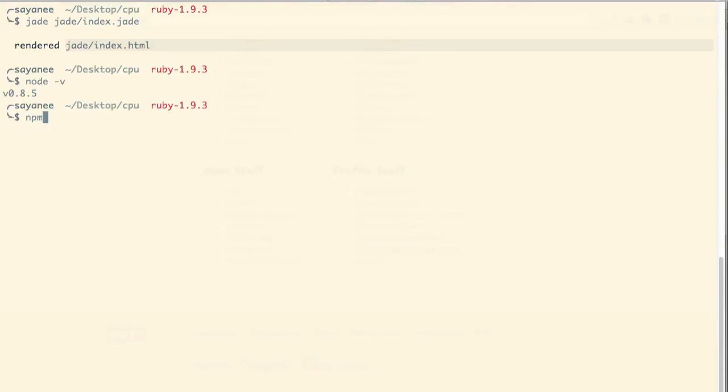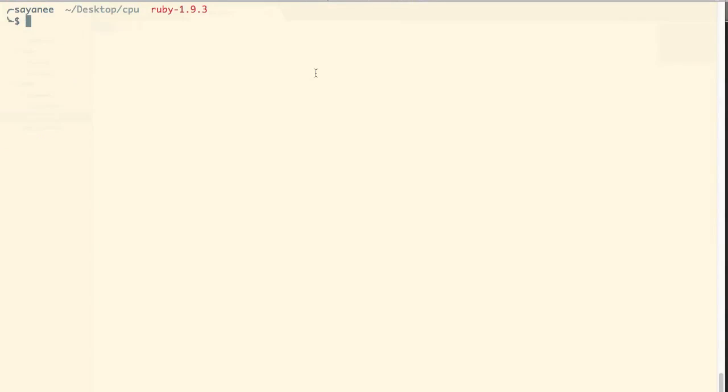And so to ensure that we have npm, I will also check that it is installed. Alright, so I have npm as well. Now to install Jade, what we have to do is sudo npm install jade, and if you want to do it globally, you just include the flag -g, and if not, you can just include this. Now I have already done this, so after ensuring that we have Node and npm and Jade installed, let's